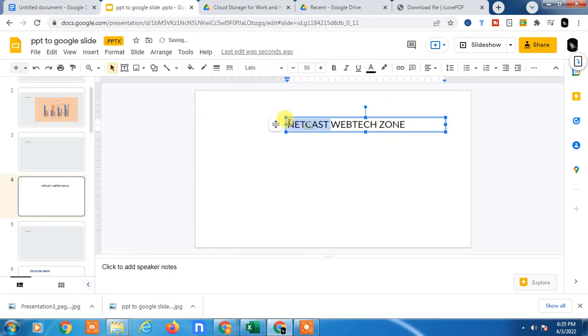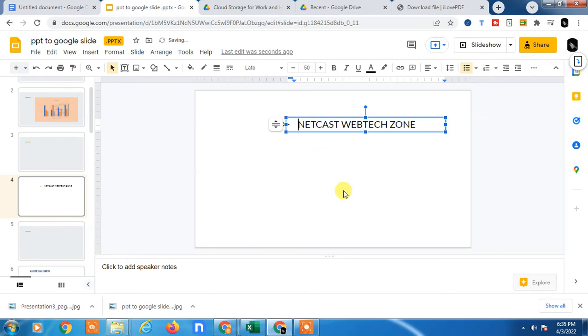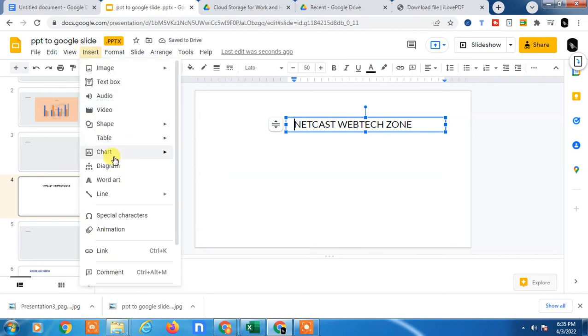So now if you want to insert a tickmark here, you can see this is bullet points. You can use those, but if you want to insert a tick mark or tick symbol, go to the insert, go